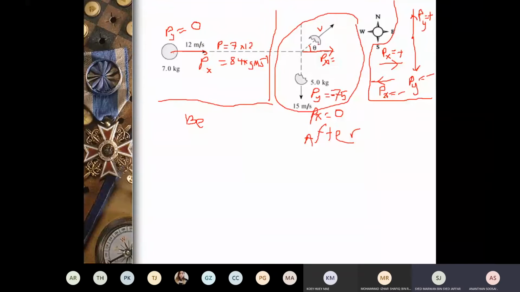Okay, so the actual momentum is what? Actual momentum, this direction, is the mass of this fragment. How much is the mass of this fragment? Because 7 kg breaks into 5 and this is supposed to be 2, right? The mass is 2. So what is the velocity in this direction? It is 2v. The actual momentum at that diagonal direction is 2v.